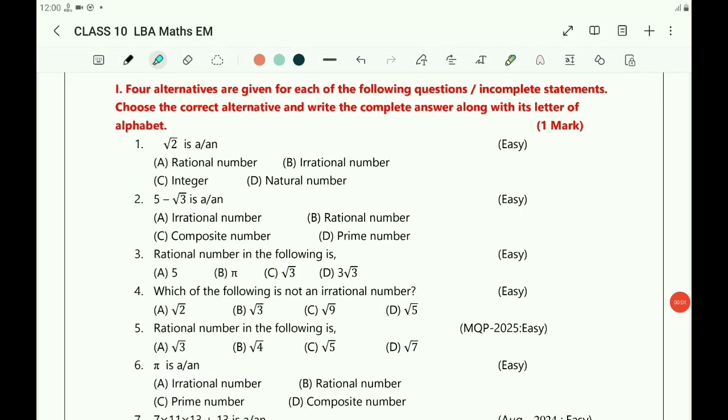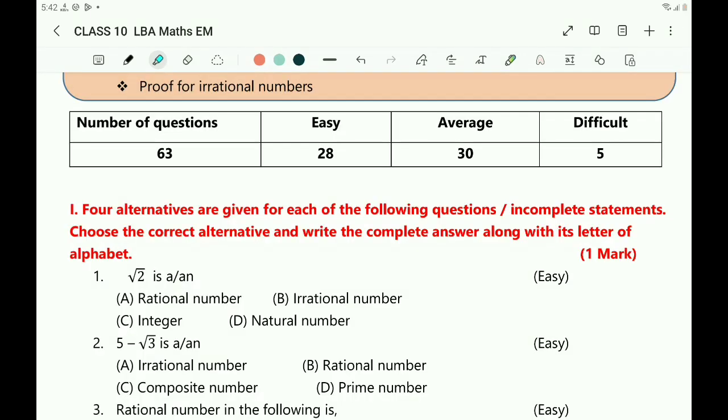Now let us solve MCQ, multiple choice questions. 4 alternatives are given for each of the following questions. Choose the correct alternatives. Write the complete answer along with its letter of alphabet. First question,